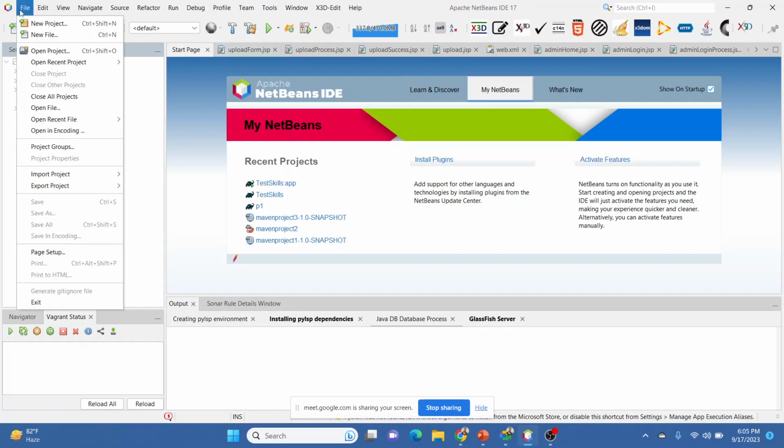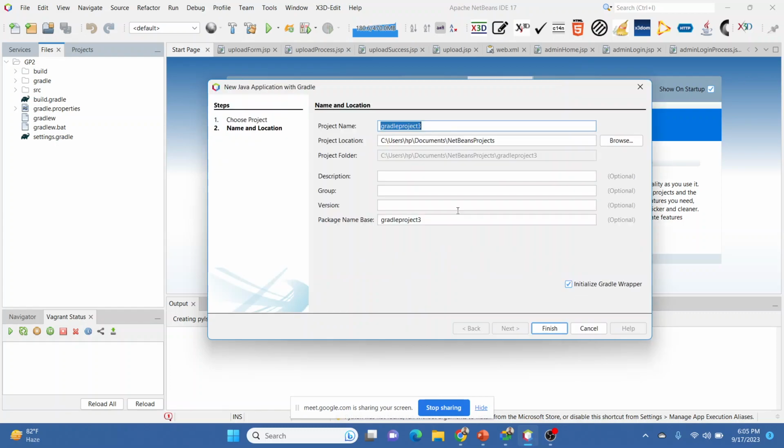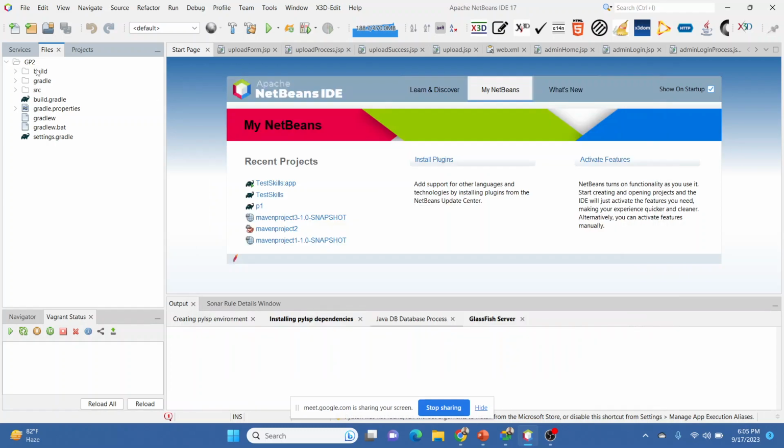Initially in NetBeans, you can create a new project, and there are multiple project types: Java with Maven and Java with Gradle. We are creating Java with Gradle, where you choose Java application, then next, name the project, and go on to finish. We have already created a project called GP2. We are going to create HTML files and a servlet file in it.